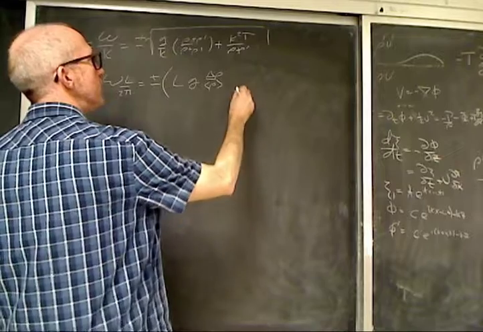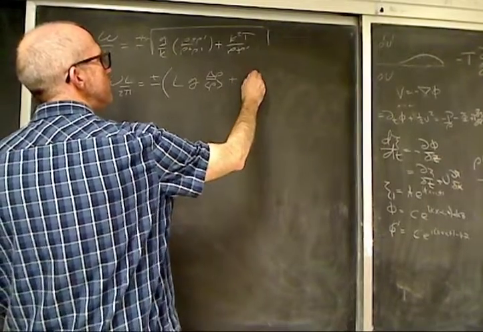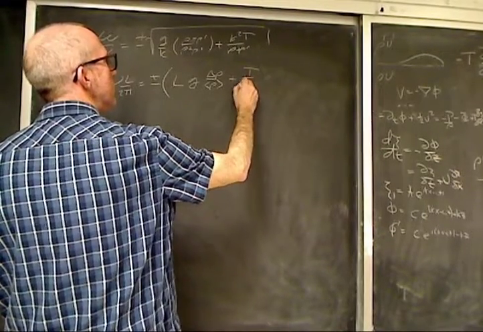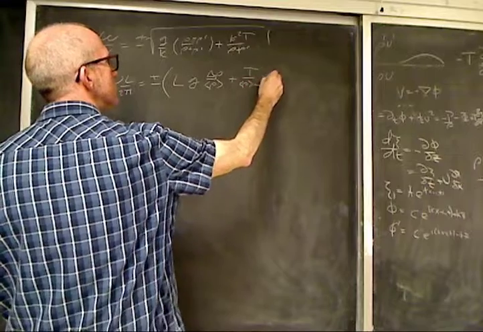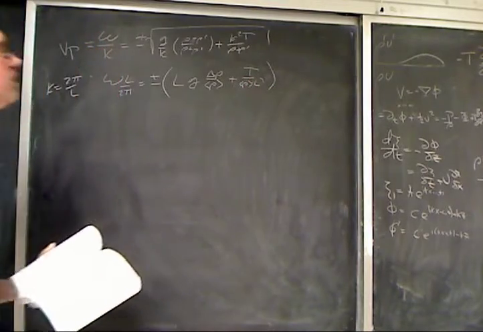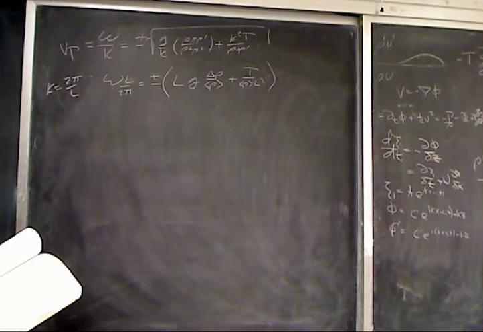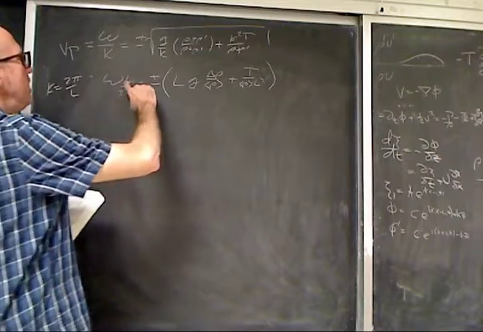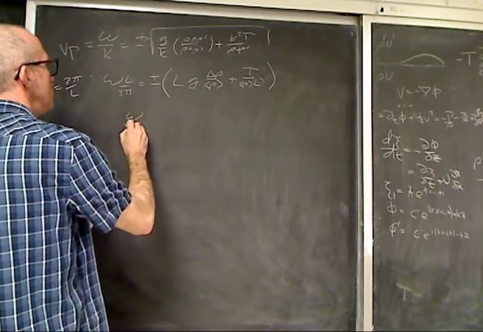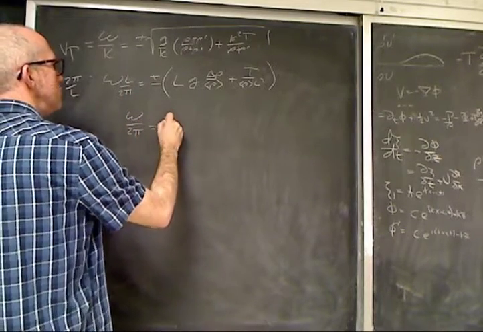I'm going to shorthand that. Plus T over average rho times L squared. I divide through by an L, and I get omega over 2 pi equals plus or minus